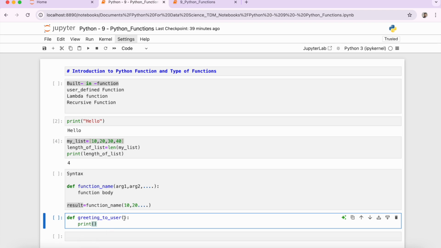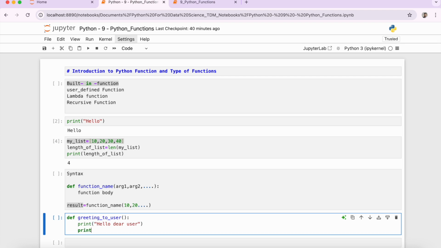As we have not given any function argument over here, when we are calling this function, we do not need to give any argument while calling the function. So within this print, I'm just gonna say hello dear user. Then again I'm gonna give a print statement saying that welcome to the Python for Data Analyst series from Data